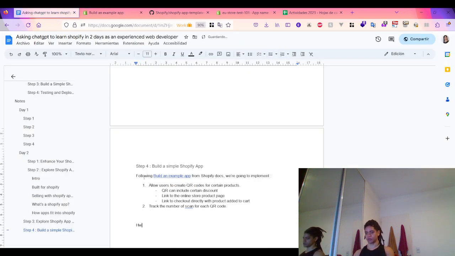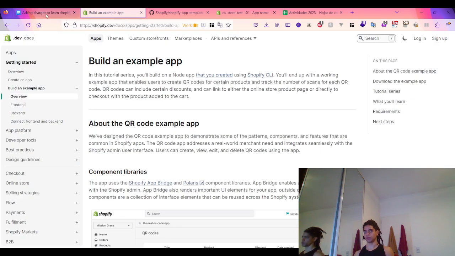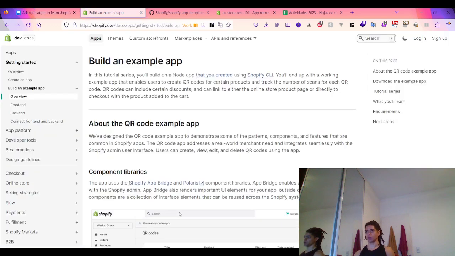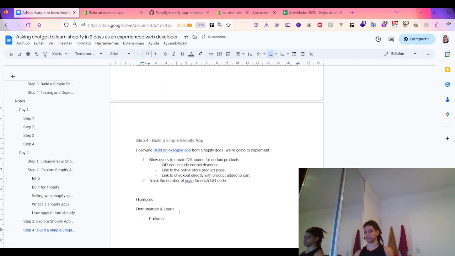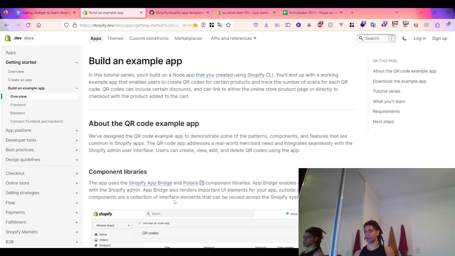So the highlights: demonstrate and learn patterns, components, and features